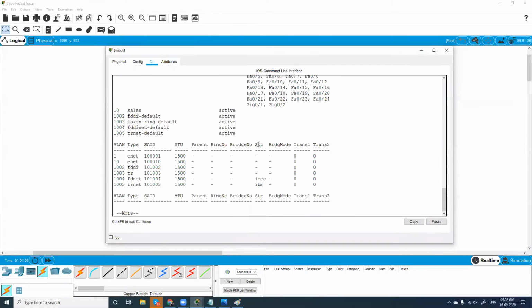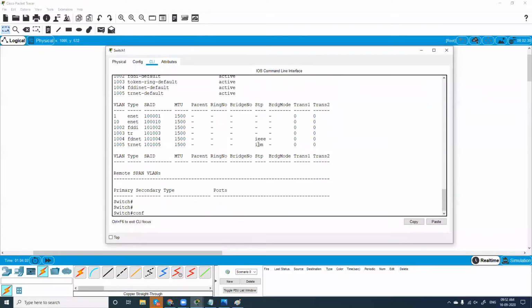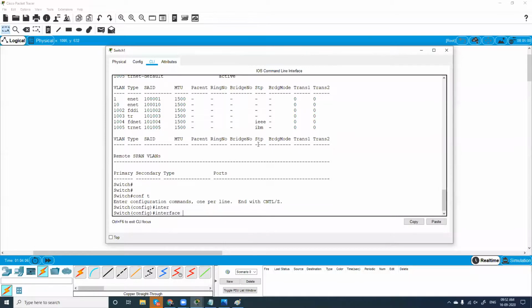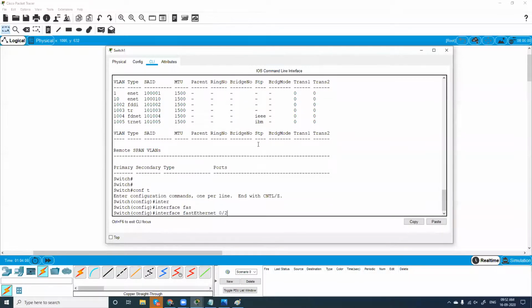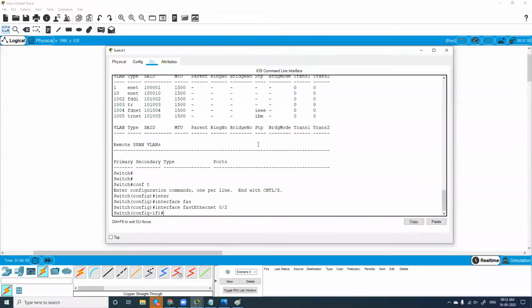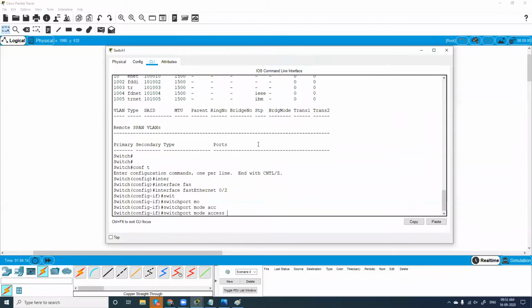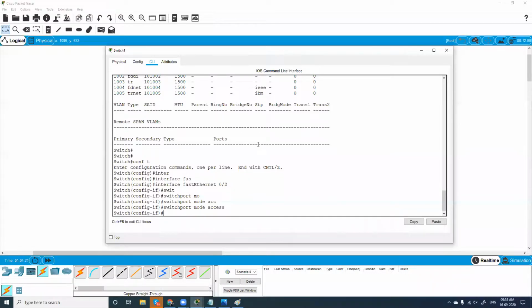We'll go for that. Again, I'll go to configure terminal. Only in configuration mode will you be able to do all configuration. So interface fast Ethernet 0/2. I've gone to this interface. Now I'll type switchport mode access. I've converted this particular interface to an access port. Now, what is the final step?